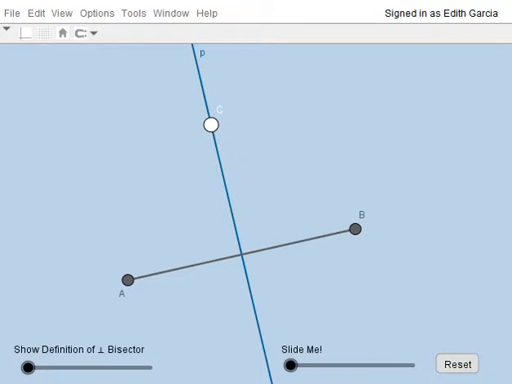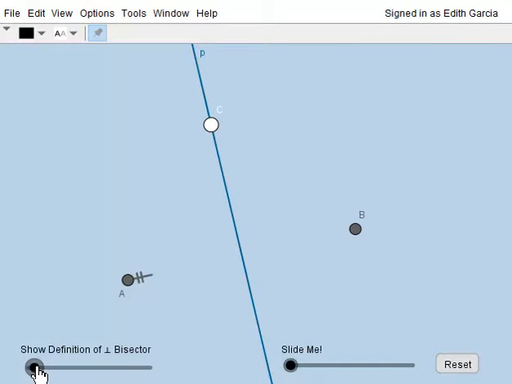Hello, in this lesson you will learn about the properties of a perpendicular bisector of a line segment. First, we need to recall that a perpendicular bisector intersects a line segment at its midpoint and it is perpendicular. Let's analyze this figure. So if we move the slider over here on the left to show the definition of